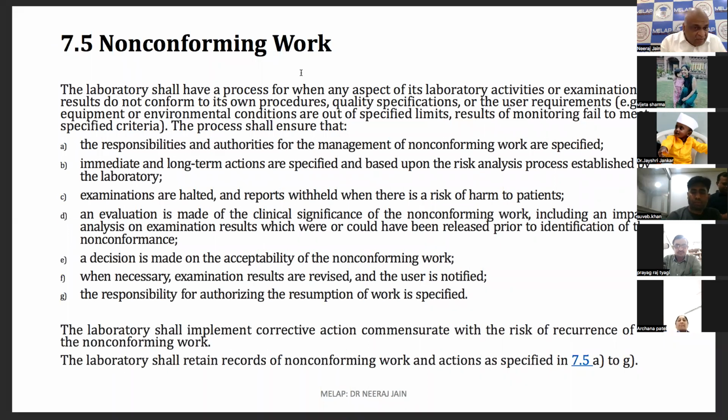Now they have removed the term preventive action because it was creating some confusion. So now they are saying whenever there is any potential non-conformity or non-conformity, take action, and that will be considered as action to correct that. So now there is no preventive action, only corrective action. But maintain good record of all these things.